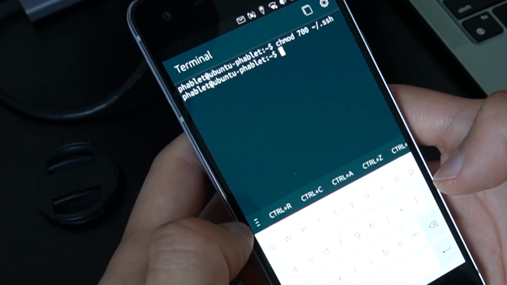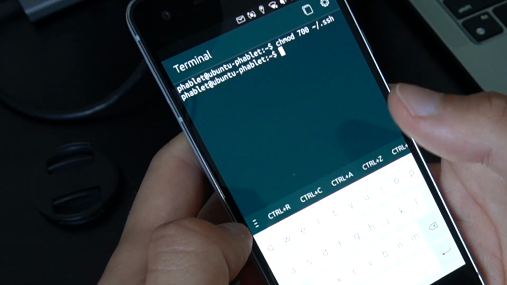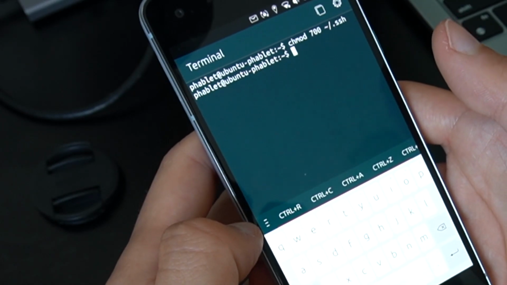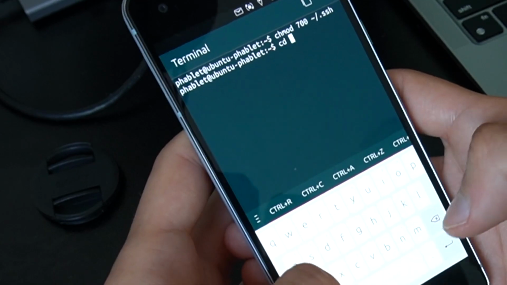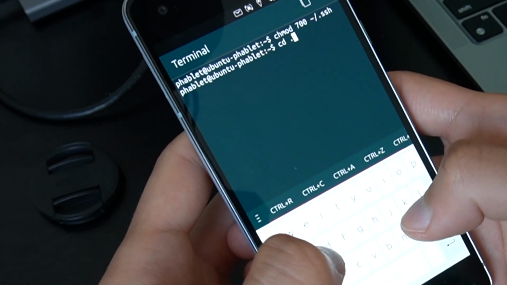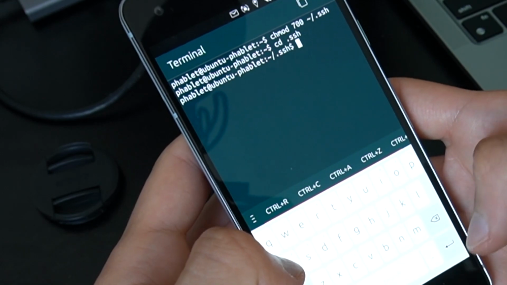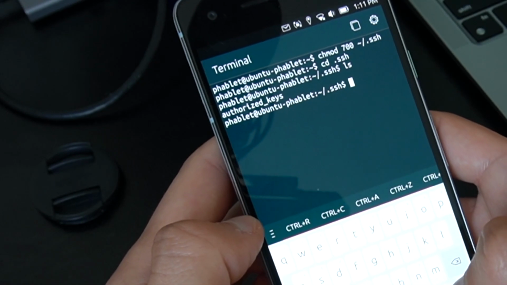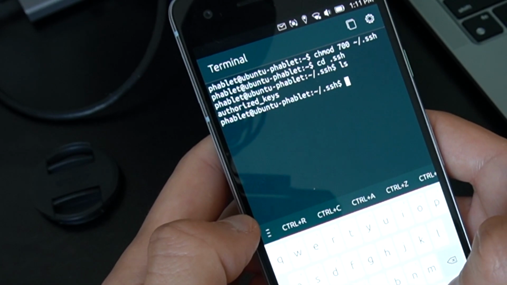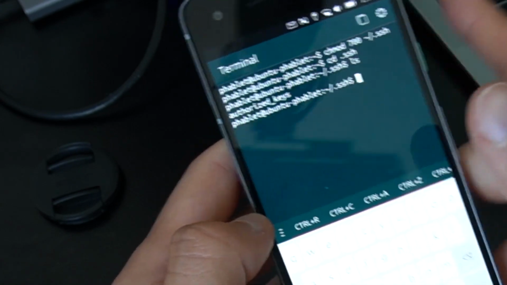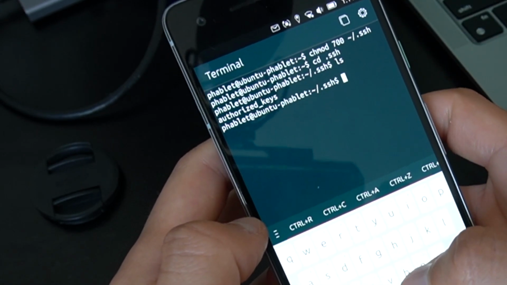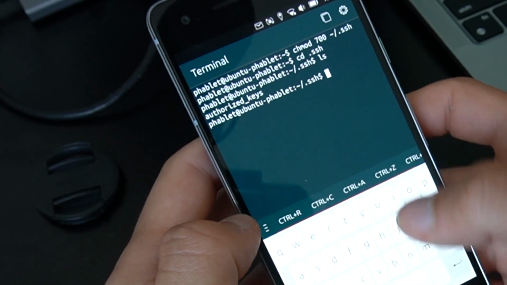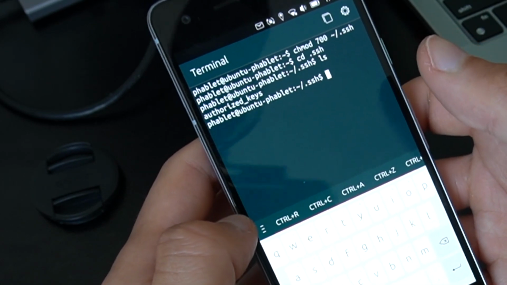The next thing you have to do, doesn't matter which way, is create a file inside your .ssh called authorized_keys. So if you change directory to .ssh, cool. You need to have this file called authorized_keys. And you have to copy and paste your public key from your computer, or any other instance, inside this authorized_keys file. Again, if you're using Telegram or email, you just hold and press on the public key,